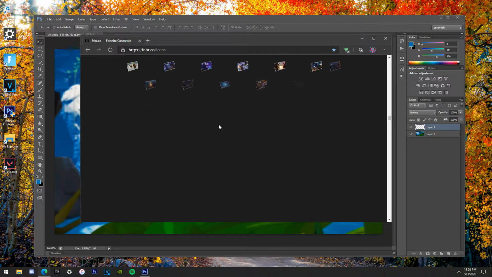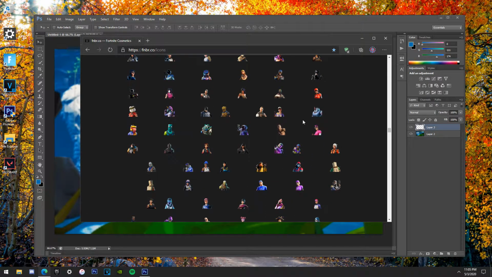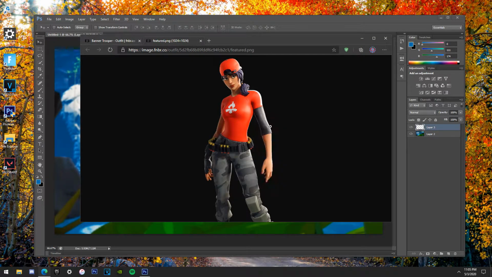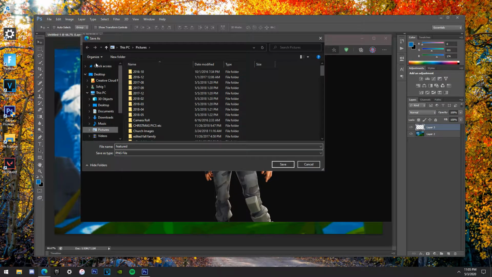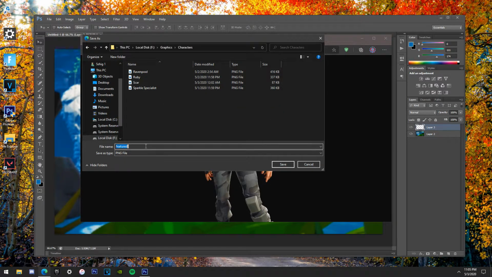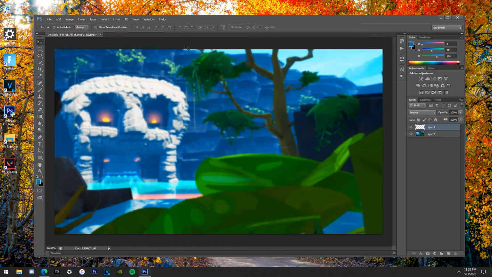So I'm just gonna scroll down until I find one that I like, and you do have to scroll down to the skin section. Okay, so literally any skin is fine. What is this? Banner Trooper, that's a new skin. We're going to click on that, and you want to open the link in new tab. Okay, boom. You want to right click it, save image as, create a folder. I have it under here, and then characters, and then just Banner Trooper, and then we're going to save it. Then you have to go to File,